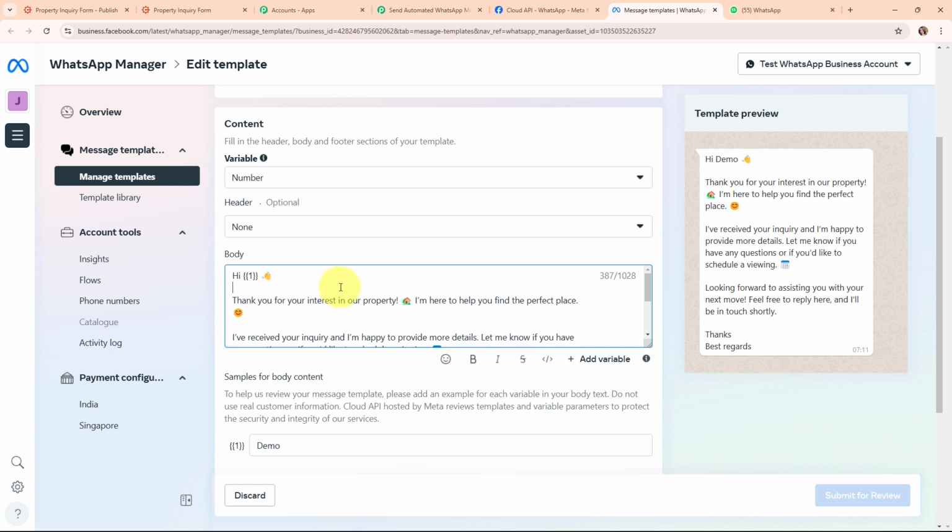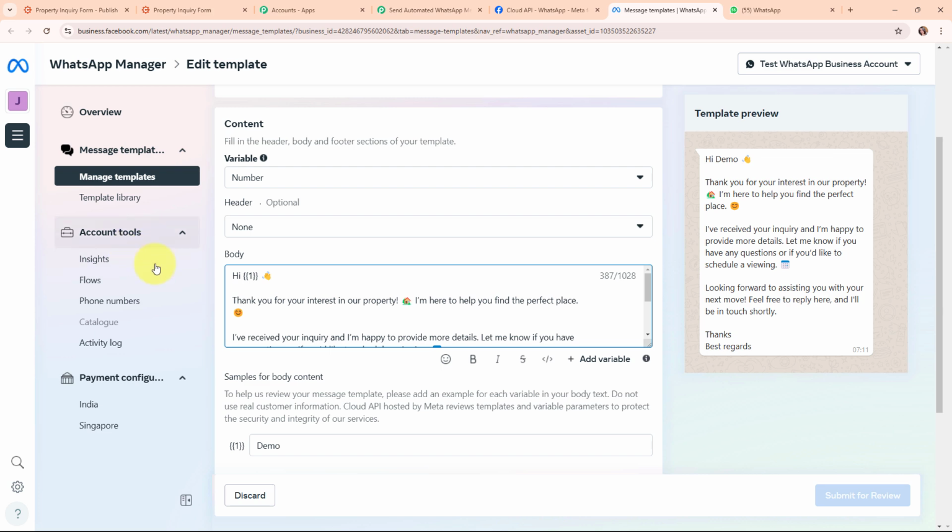of name, because I've set it up so that whenever I receive a new lead through Cognito Forms, this previously existing name will automatically be updated with the new one. Variables make a text dynamic and you can add multiple variables in your draft. This is the message template that I want to use to send an automated WhatsApp message to all my